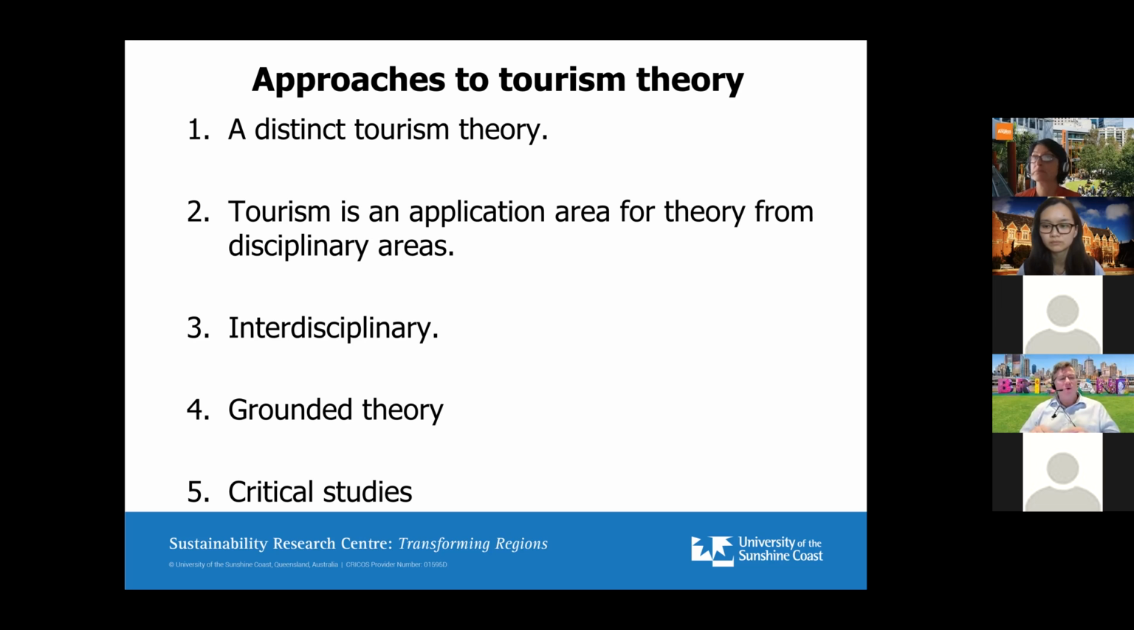Then people might say, oh, no, tourism is an interdisciplinary area. Well, to me, that's describing tourism, and it's pretty much the same as the second approach, an application area for theory from disciplinary areas. Interdisciplinary then means I study this application area with people from another discipline at the same time. Grounded theory is perhaps a way of talking about theory of the middle range, or another way of saying it's about just developing a particular theory for this part of